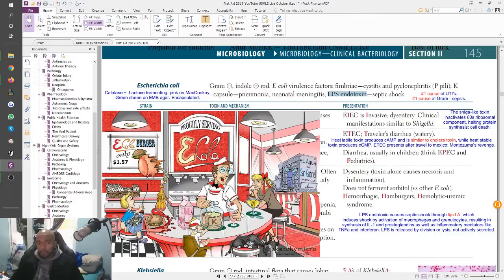Right, so very straightforward. So you can see the girl here, right? She's got the number 1, and the ureter is coming out of this. So it looks like urine in here. This looks like the bladder, basically, the urethra, and so on. So number 1 causes UTI. And her head, the red bands that she's wearing are supposed to remind you of Fimbriae. Okay, so that's basically it for there.